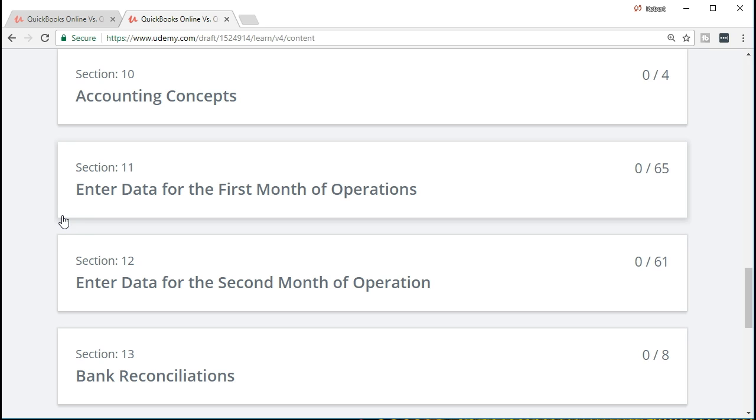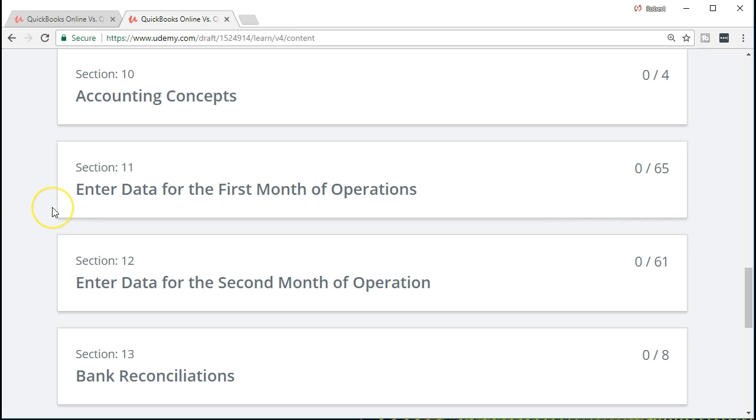We'll have the first month of data, and we'll be saying this is going to be the data input, and we'll see how that data input has been set up, how it's been put in place to make the data input as easy as possible, and how that data input is going to affect the financial statements. So we'll do things like entering bills, entering checks, and everything else that typically goes on in the month in